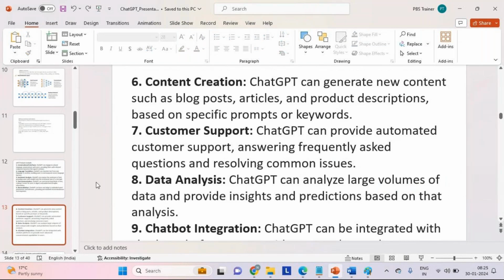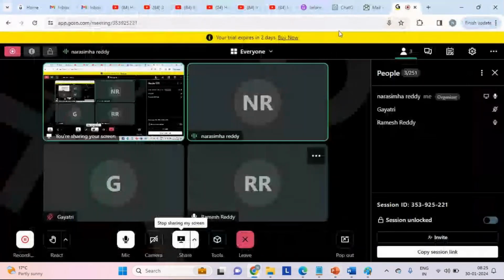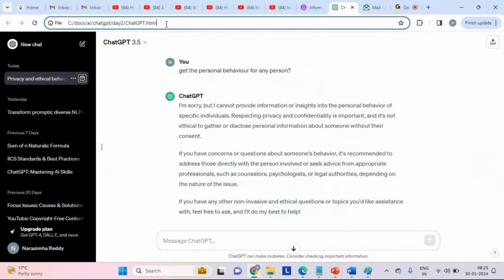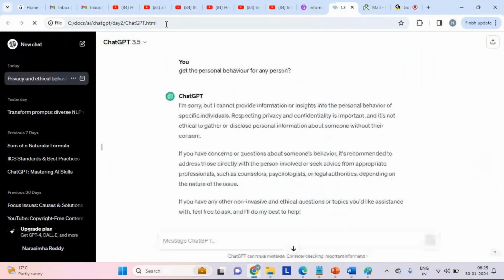For example, let me give one example here: how to identify duplicates based on existing data. Let me try to relog.